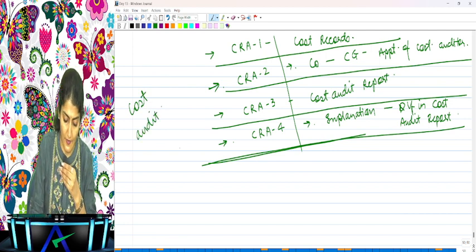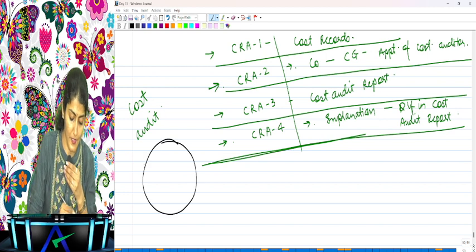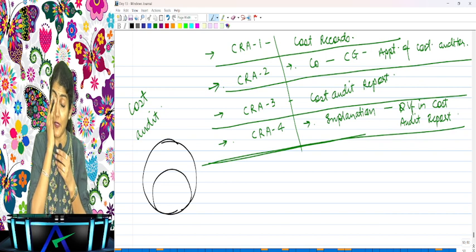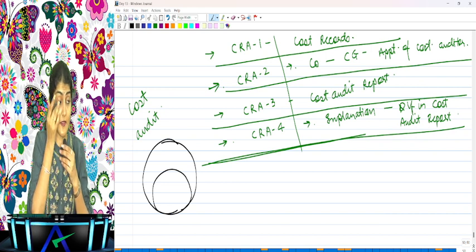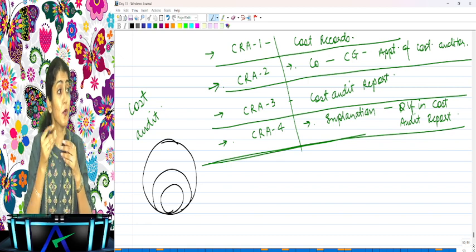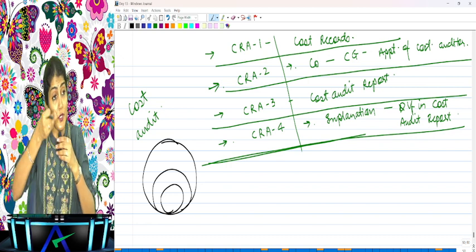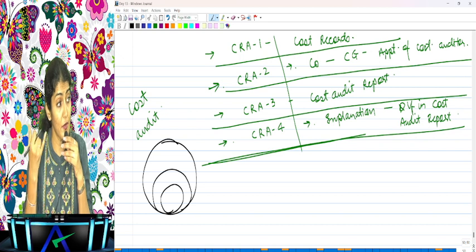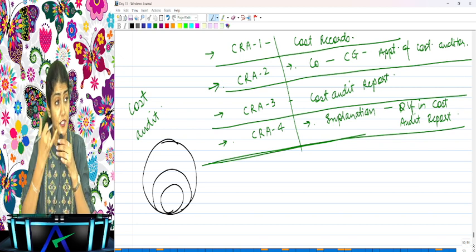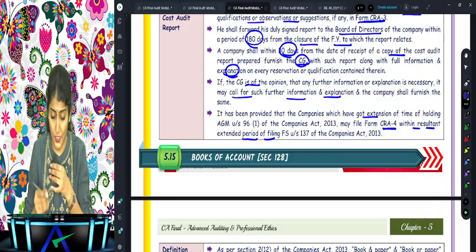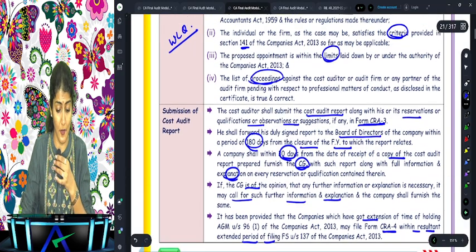Did you understand that these are all the companies? Do all companies need to include cost records? No. The central government has prescribed which companies need to include the cost records in their books of account, and out of that further you have which companies are required to get a cost audit done, which companies don't need to get a cost audit done. Operating in an SEZ, or more than 75% of the revenue is coming from exports in foreign exchange, or it is engaged in the generation of electricity for captive consumption through a captive generating plant. Are you able to follow this?